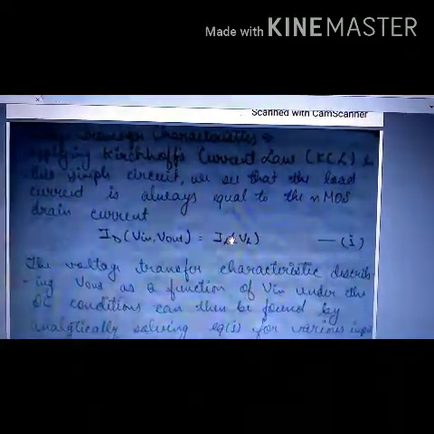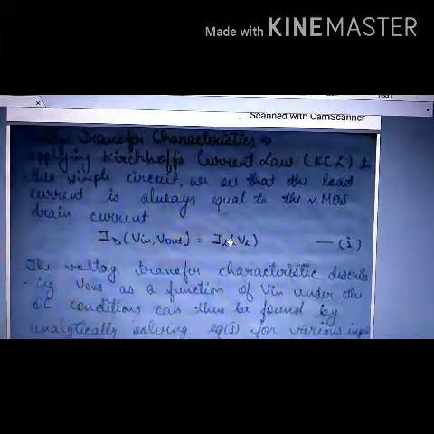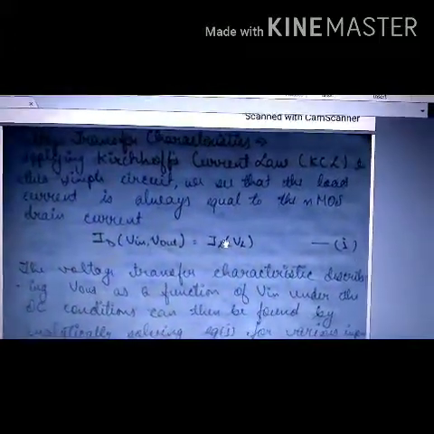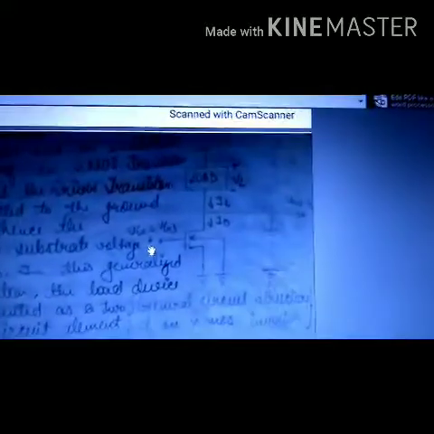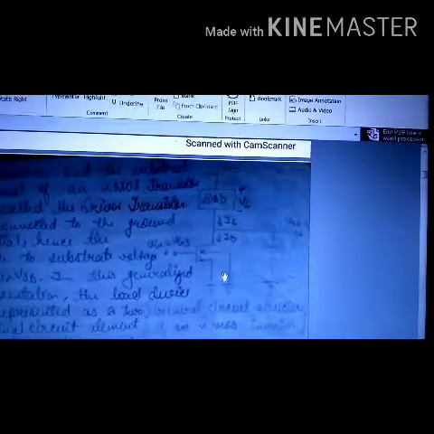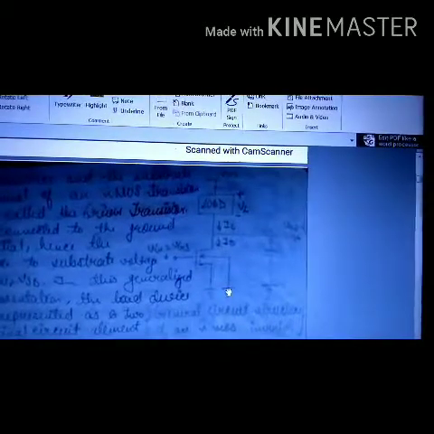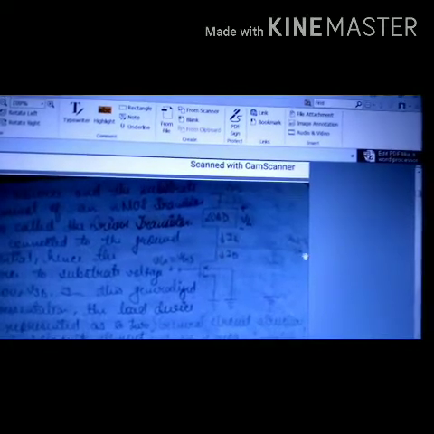In today's lecture, we are going to observe voltage transfer characteristics of a real inverter. In the previous lecture, we had seen that a basic inverter circuit looks something like this, with NMOS connected to the input. Its drain is connected to the output. Its source and body are both grounded. The gate source voltage VGS is the V input, and the drain source voltage VDS is the output voltage.